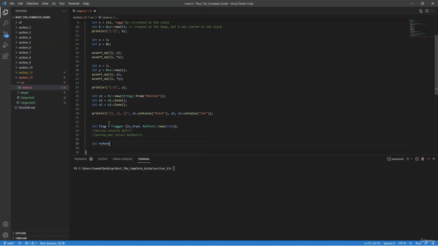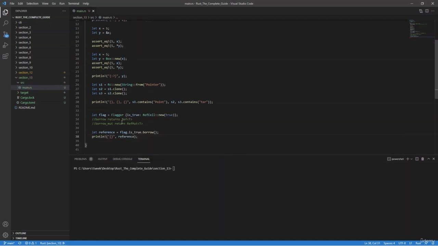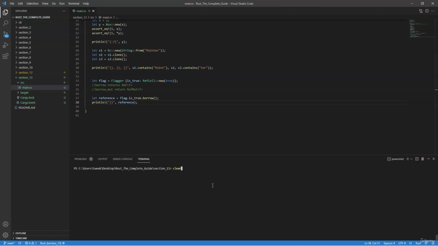So we'll say let reference equals flag.is_true.borrow, and now we will print this out to make sure that the value of true is what was borrowed. And we have true. So now we can comment this out,